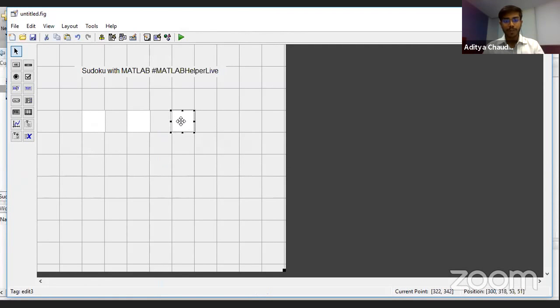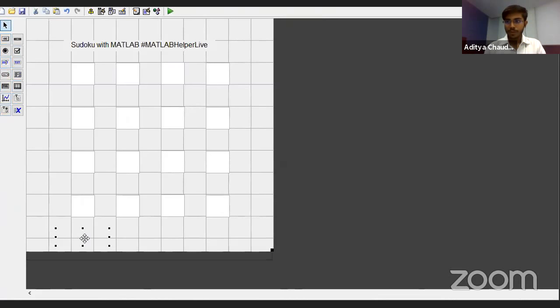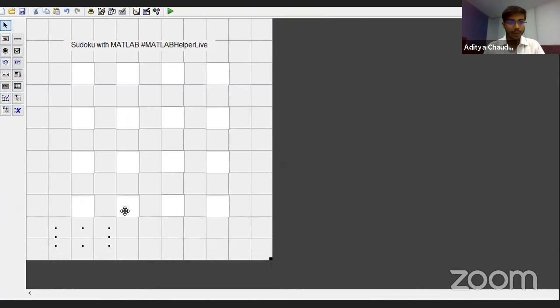And next, what we'll be doing is we'll be adding 3 buttons for it. Like we saw in the first part, there'll be 3 buttons. Those would be generate Sudoku, reset, and check for answers. So let's create a button quickly. I'll just go and create a button over here. Since a lot of resources are getting utilized, it's a bit slow and it's lagging. So just wait for the button to appear. Okay, it's appearing over here, and I'll go to property inspector again, scroll down, change the string.